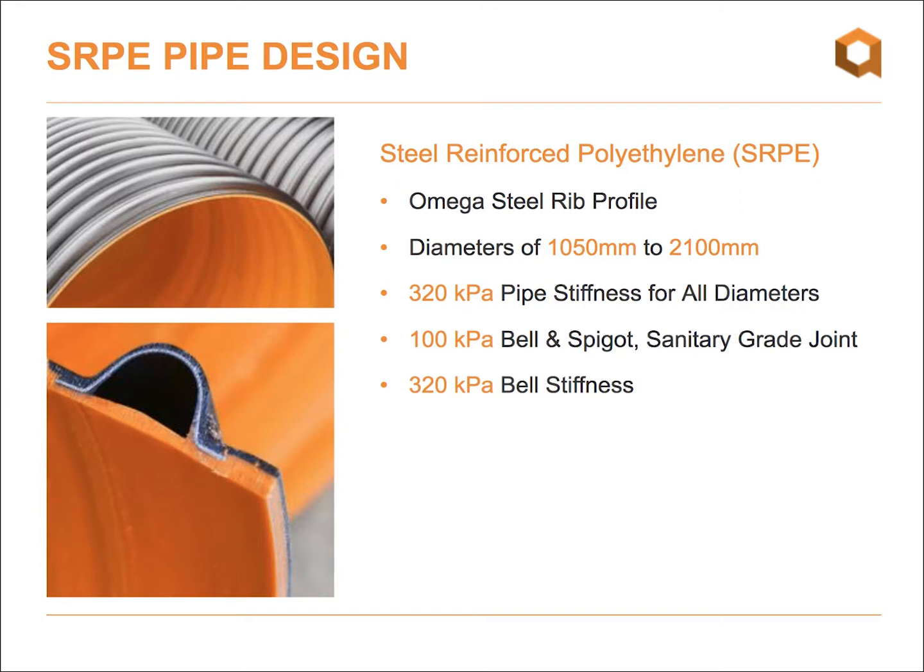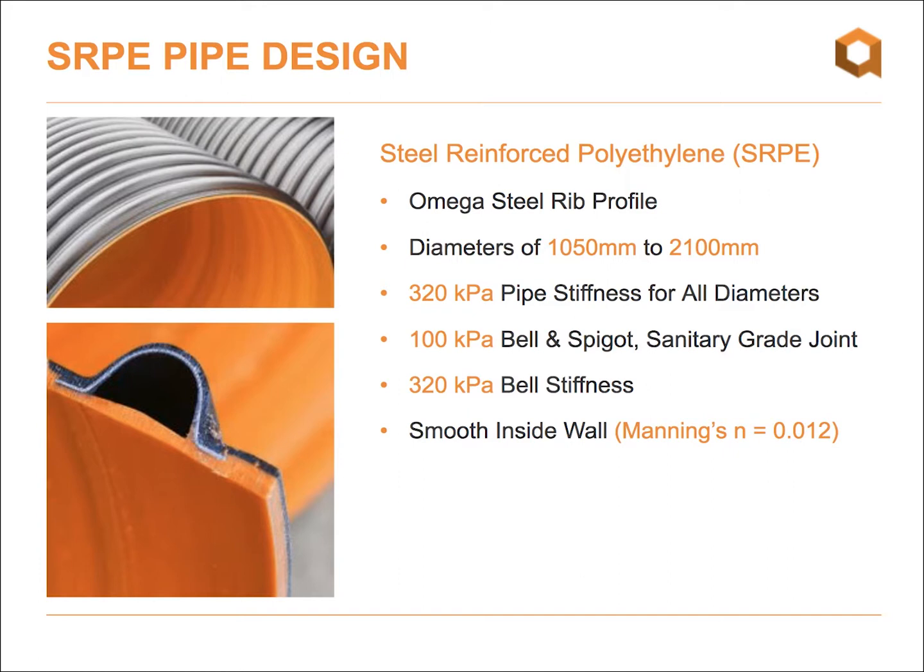It's a smooth inside wall. It's made of polyethylene. There is no need to change the hydraulics, software, or design methods that you've been using. You can use steel reinforced polyethylene pipe being sure that it offers you the same flow capacity, volume, velocity, everything that you're used to when using smooth